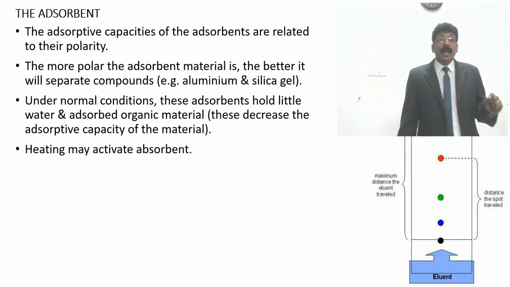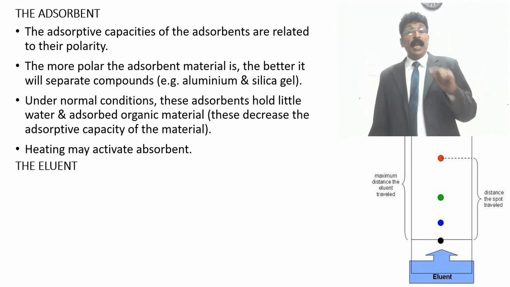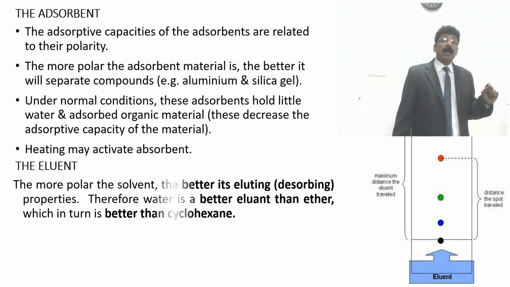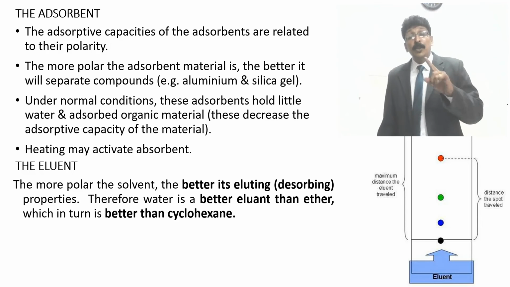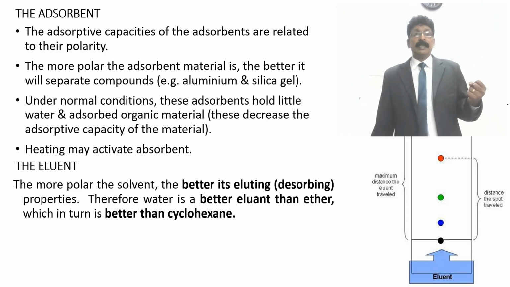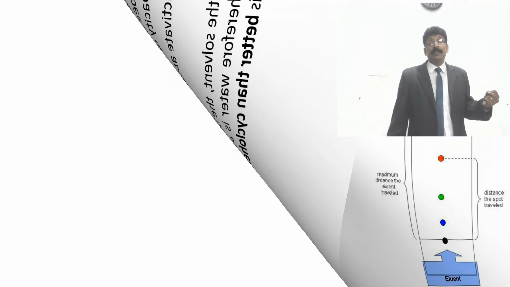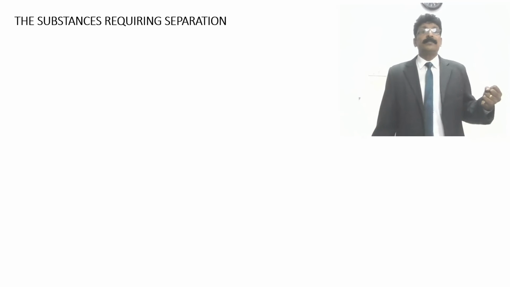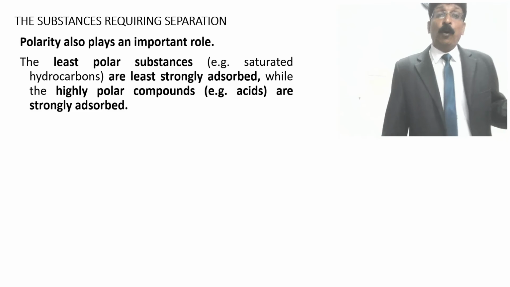Heating may activate the adsorbent. The eluent, that means the mobile solvent: the more polar the solvent, the better its eluting, desorption, or removing from the stationary phase property. Therefore, water is a better eluent than ether, which in turn is better than cyclohexane, because it is a low polar solvent like hexane. Polarity also plays an important role. The least polar substance or components